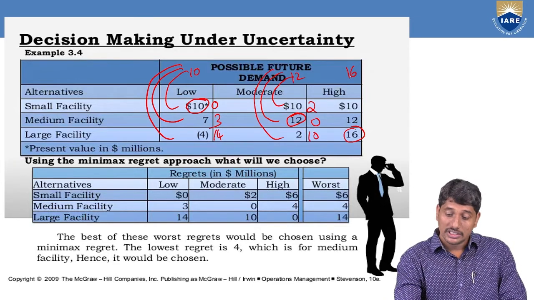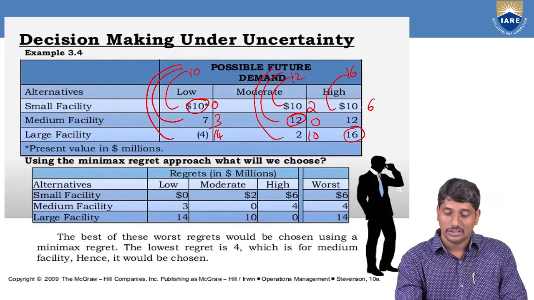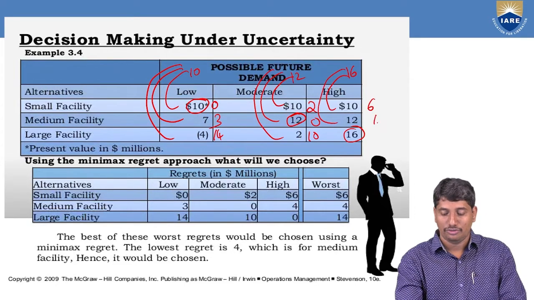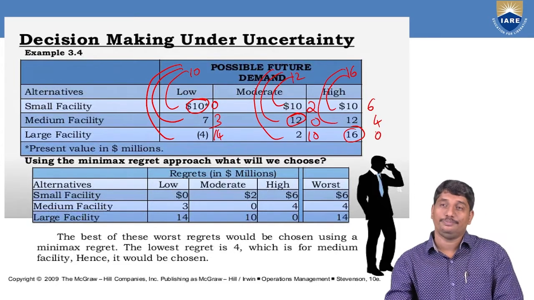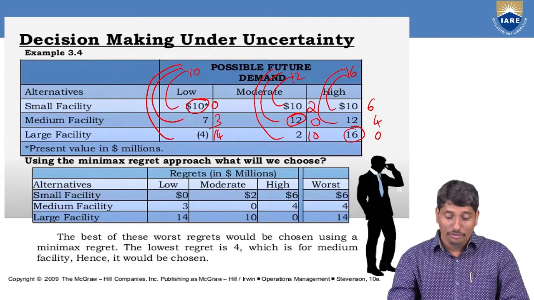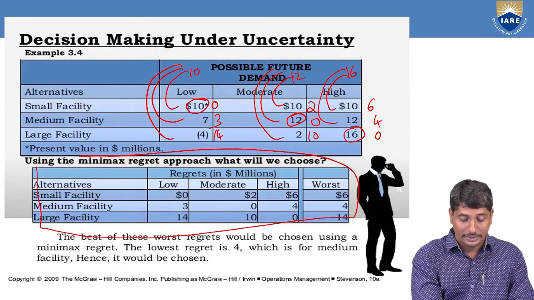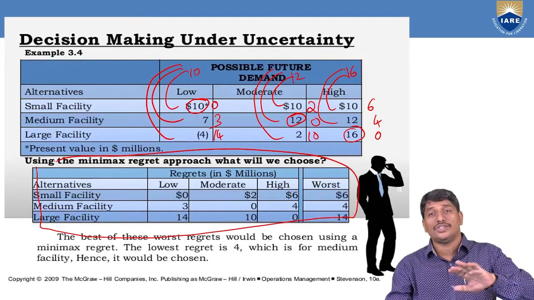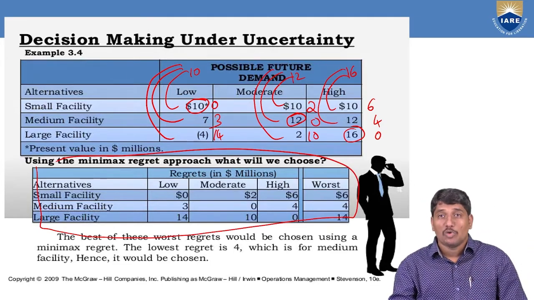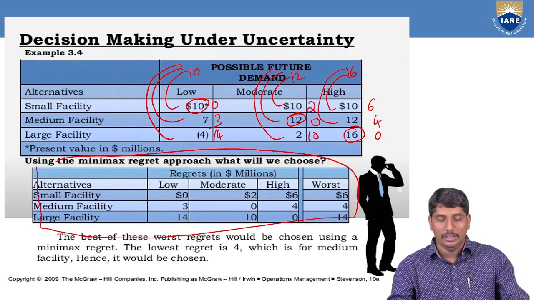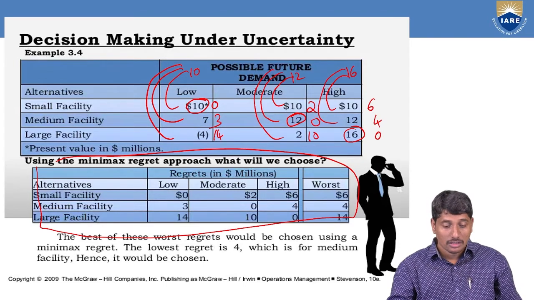And we go like this. 16 minus 10, 6. 16 minus 12, 4. 16 minus 16, 0. So we have made a new table. See, we have constructed a new matrix. That means in Minimax Regret criteria, from the original data matrix, we'll build a new matrix, which says that